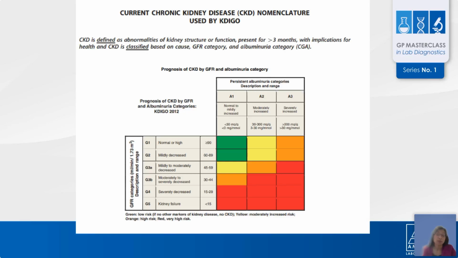Other high-risk people may be identified through genetic factors, varying exposure to environmental pollution, pesticides, and nephrotoxic medications, including significant analgesic use and herbal medication. So the main thing is to use the CGA staging system. We need a cause, we need to look at the glomerular filtration rate, and we need to look at the albuminuria category for CKD.